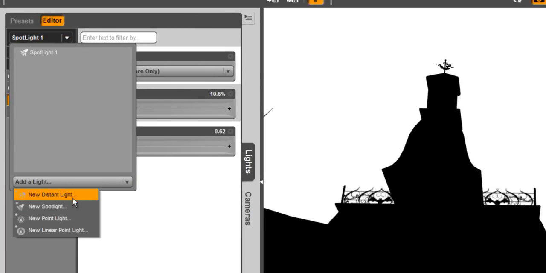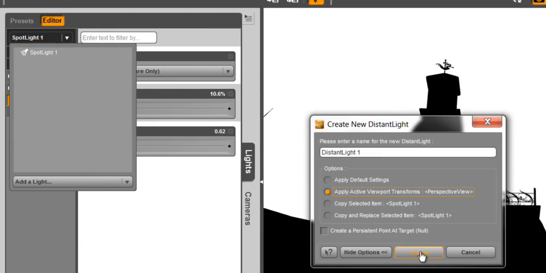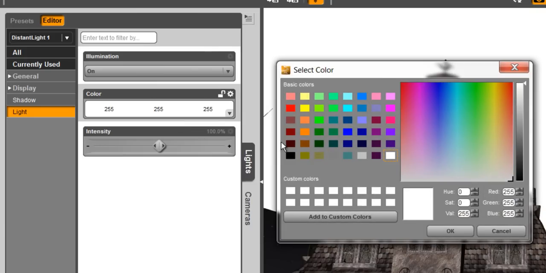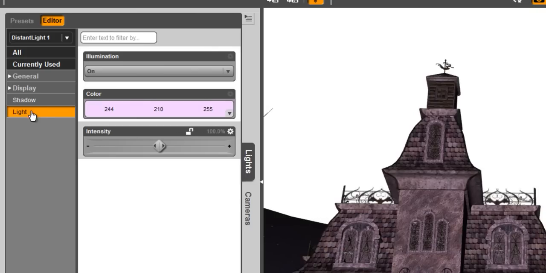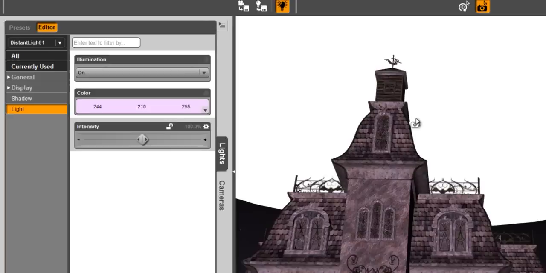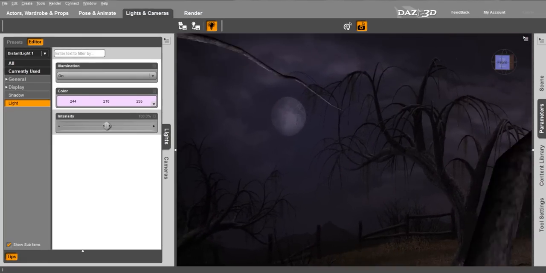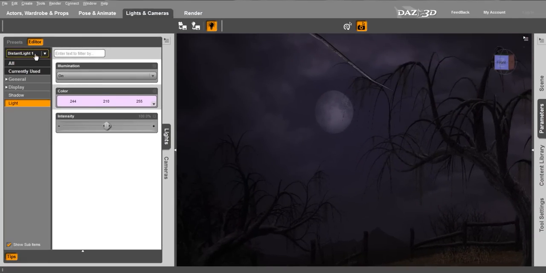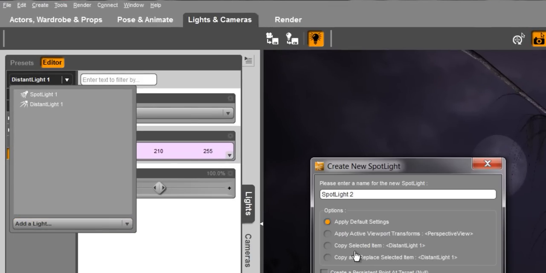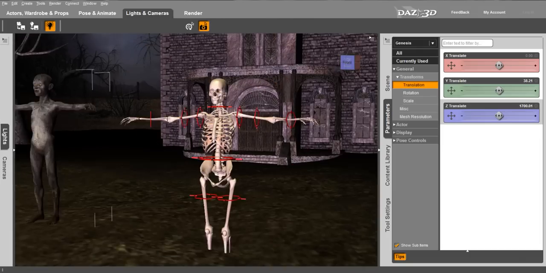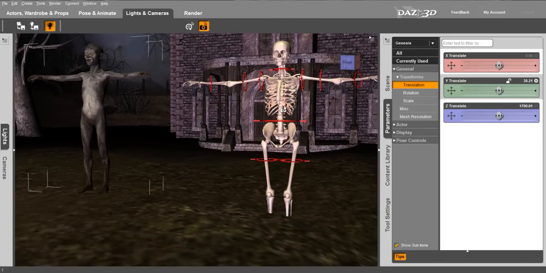Now I want to rotate the scene around and add a distant light. This is going to light kind of the house, the trees and everything, give it a little bit of a cool, almost a violet color to it, which will add a little bit of background light to these figures in this animation. And I want to zoom in and actually put a spotlight on the moon and the clouds around it. So I add a spotlight to the active viewport, and you'll see that now the moon is lit, and we can start going back to the figures.